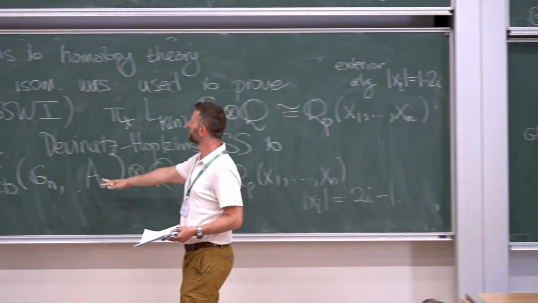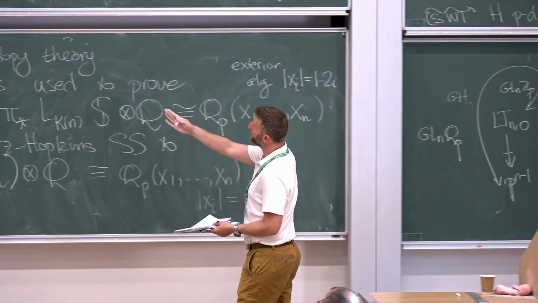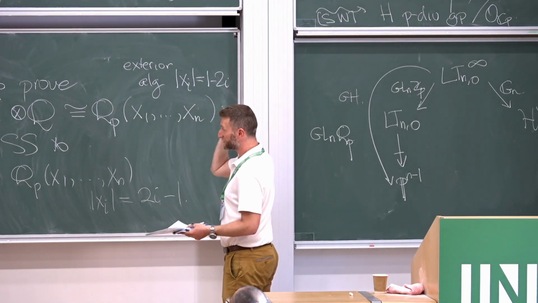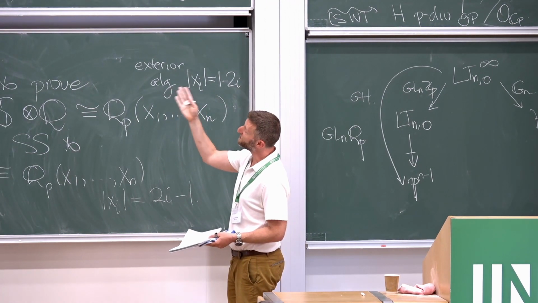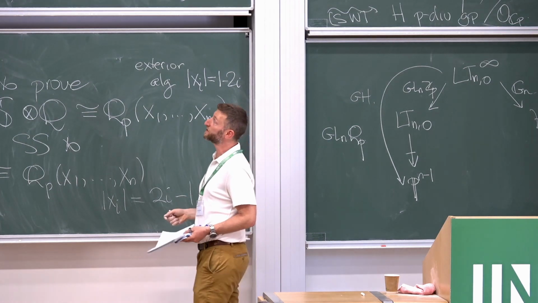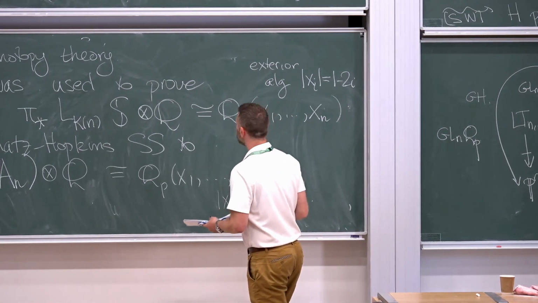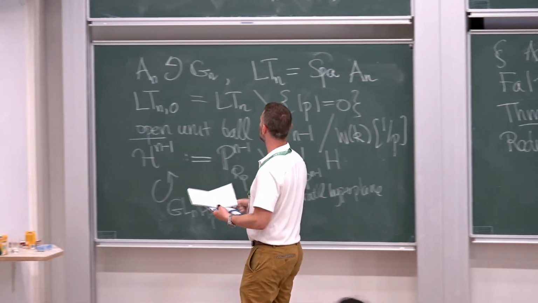thing on the left seems to be related to the thing on the left up there. So we're quotienting in the LTN0, which was derived from AN, by the group Gn. So somehow the thing on the left, when you take its cohomology with some kind of coherent cohomology of it, you should get the thing on the left. So I'll make that explicit now. I don't want to erase Faltings' theorem.